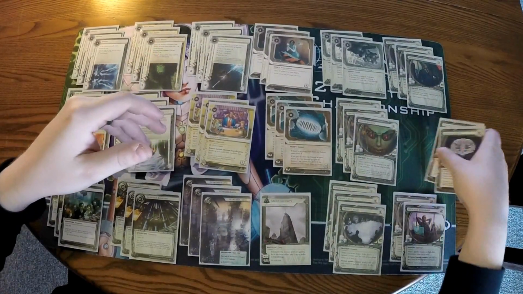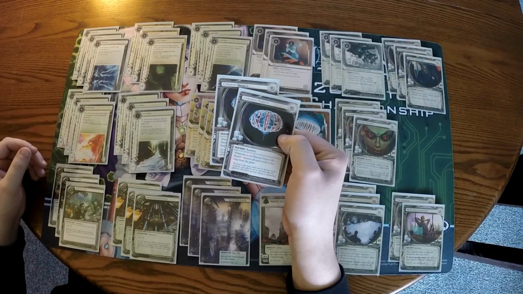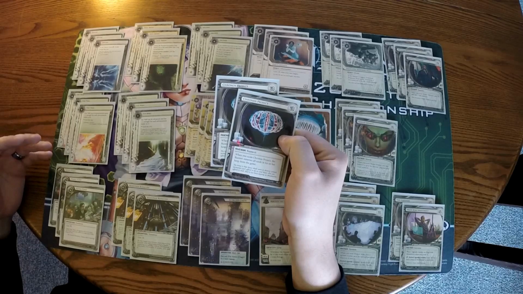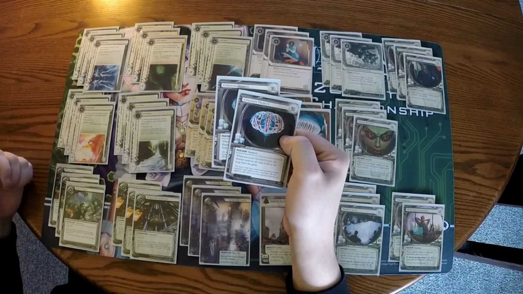The last 1-point agenda we have is Chronos Project, which is also a 3-1 agenda, and it has the text that reads, "When you score Chronos Project, the runner removes all cards in his or her heap from the game." This agenda is tremendous for Max, for Shaper recursion,